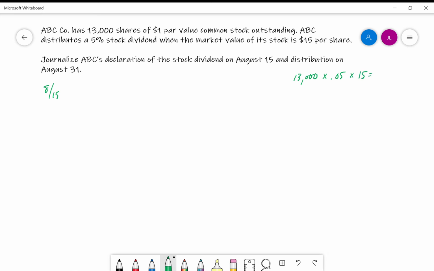So 13,000 times 5% is 650. So basically 650 times 15, which is 6,500 plus 3,250, 9,750. So we have here on 8/15 a stock